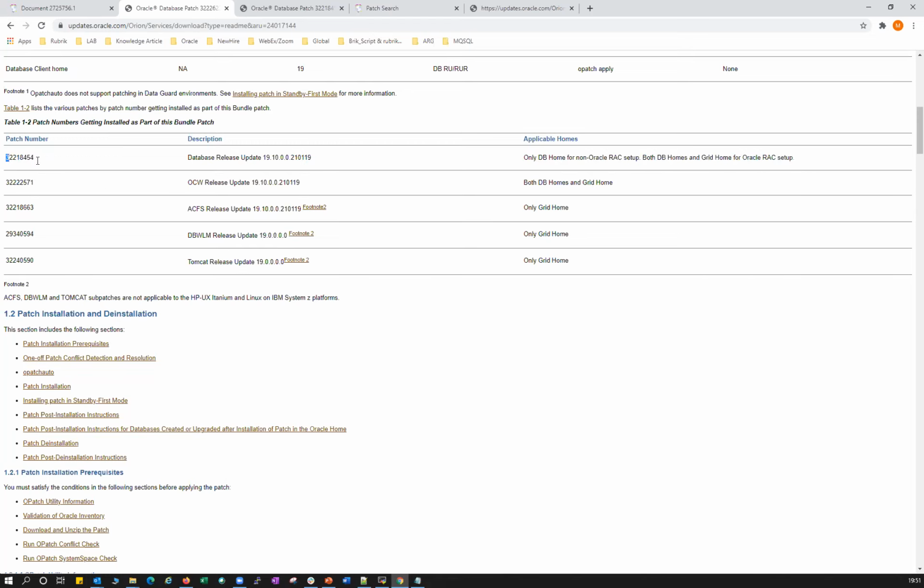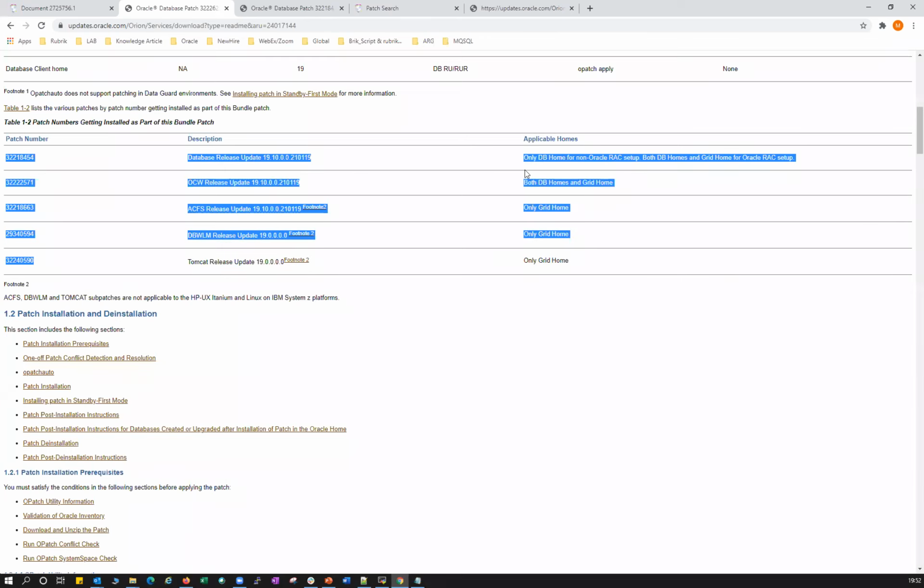So this patch you need to apply on both DB home and grid home in case of RAC. And this patch as well, you can see both DB home and grid home. And the remaining 3 patches you can apply only on the GI home. So typically, all 5 patches you need to apply on the GI home, whereas for the DB home, you need to apply only these 2 patches. This is what the README document says.